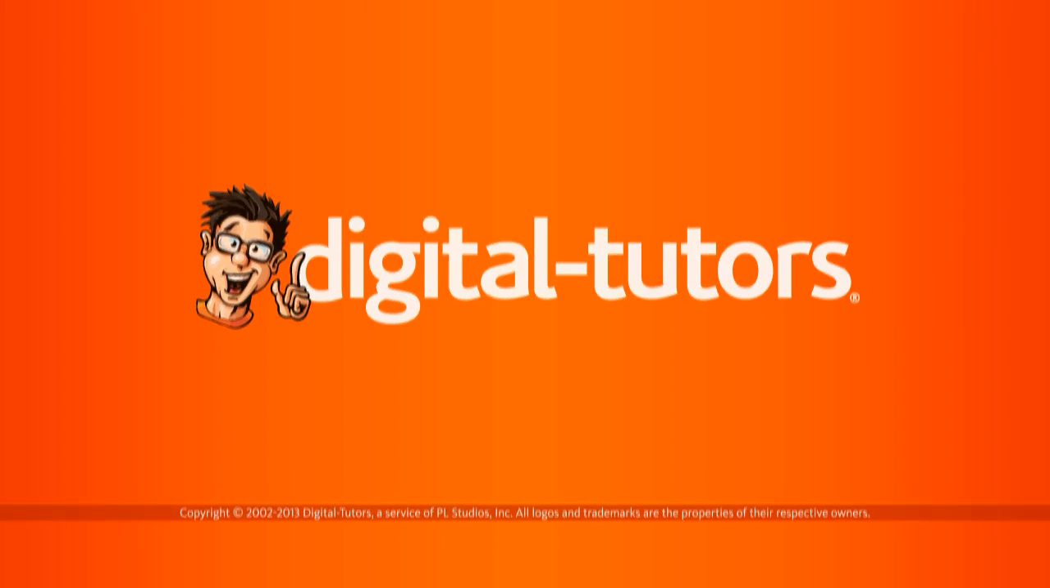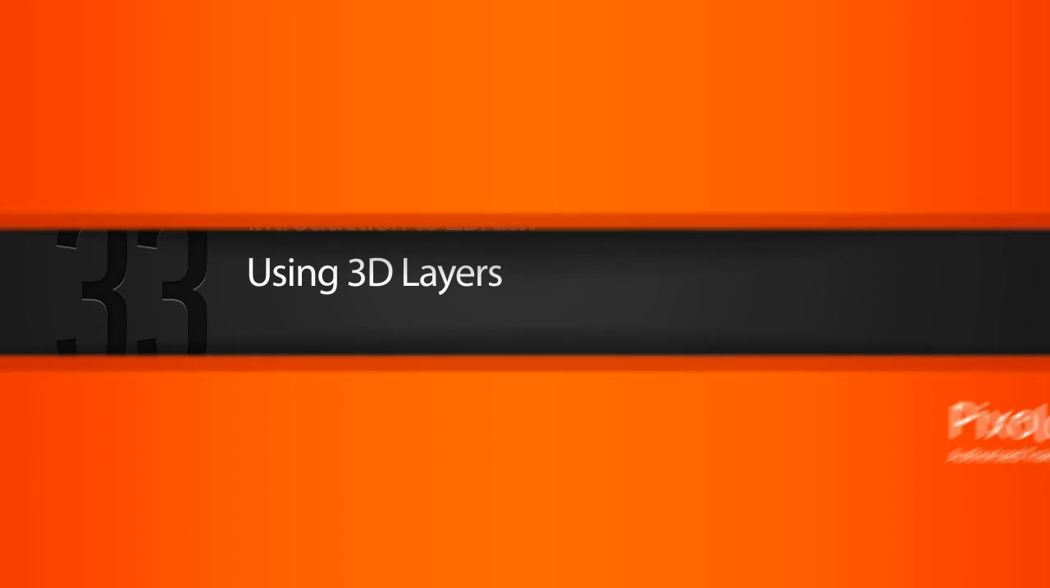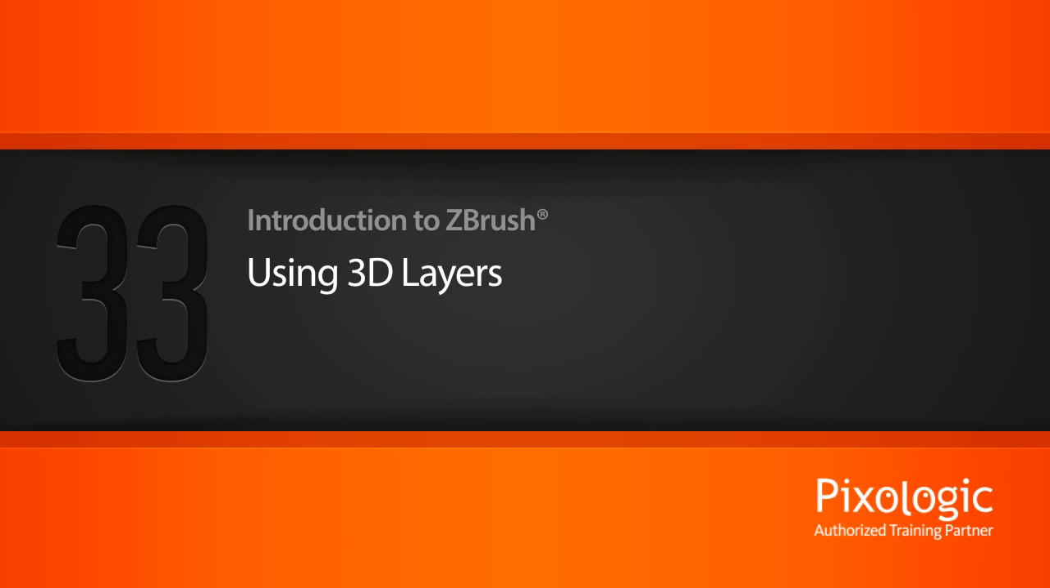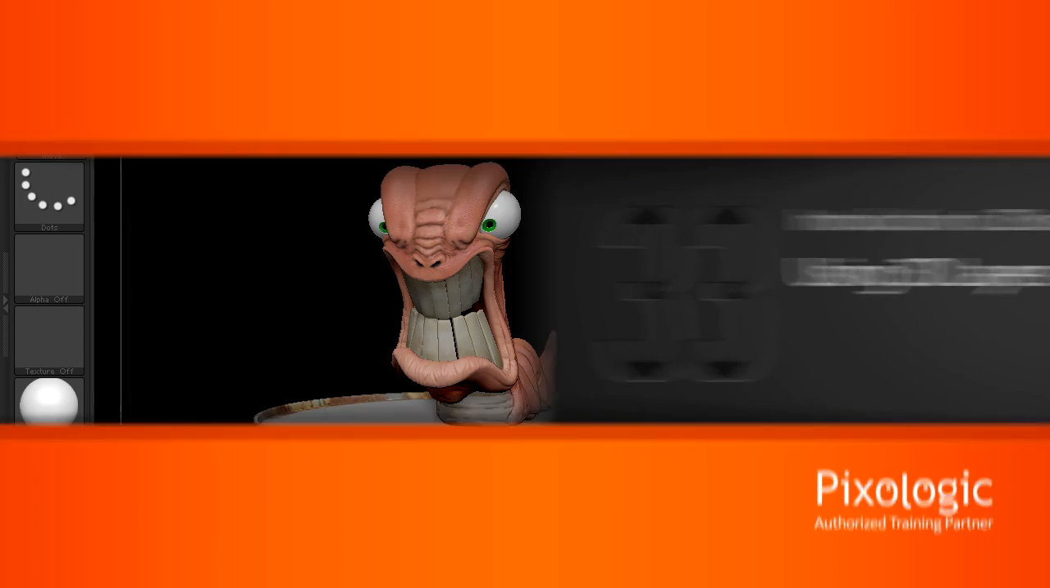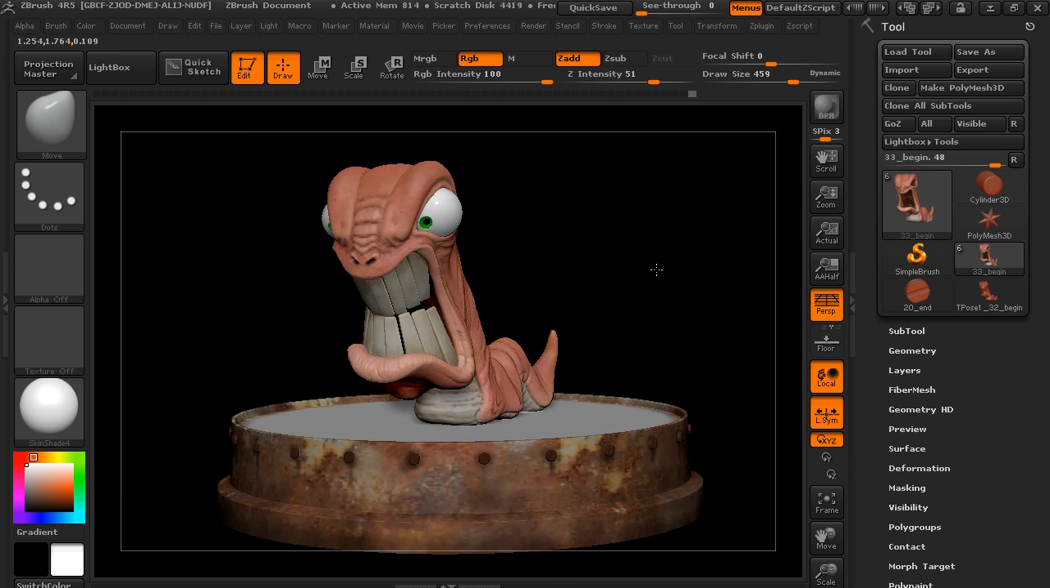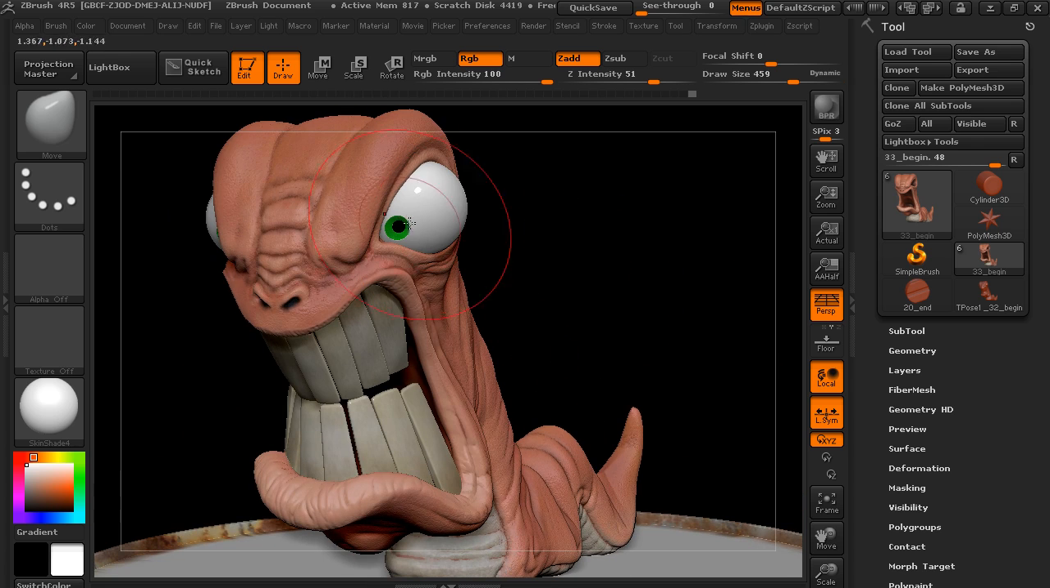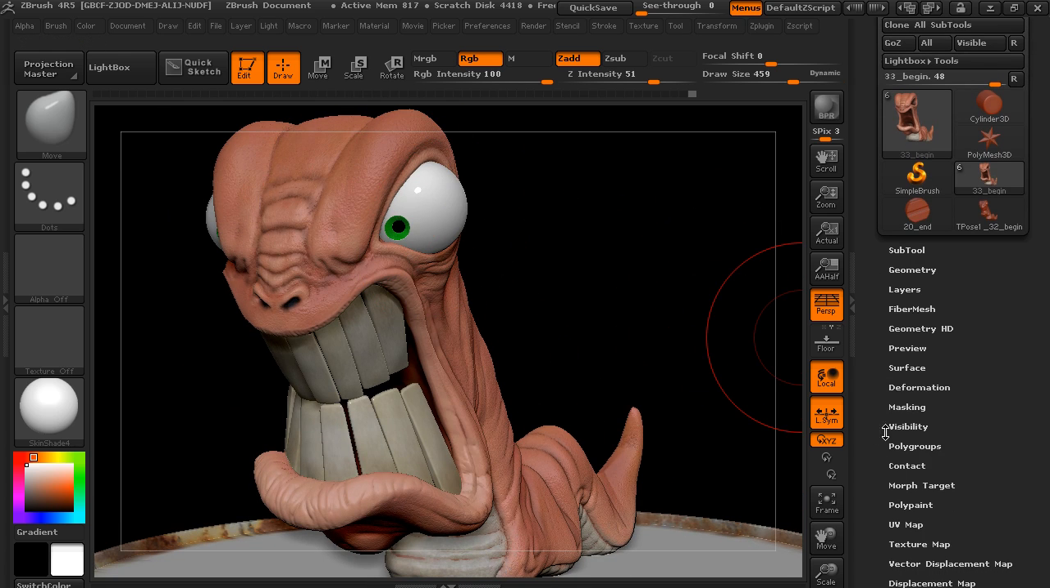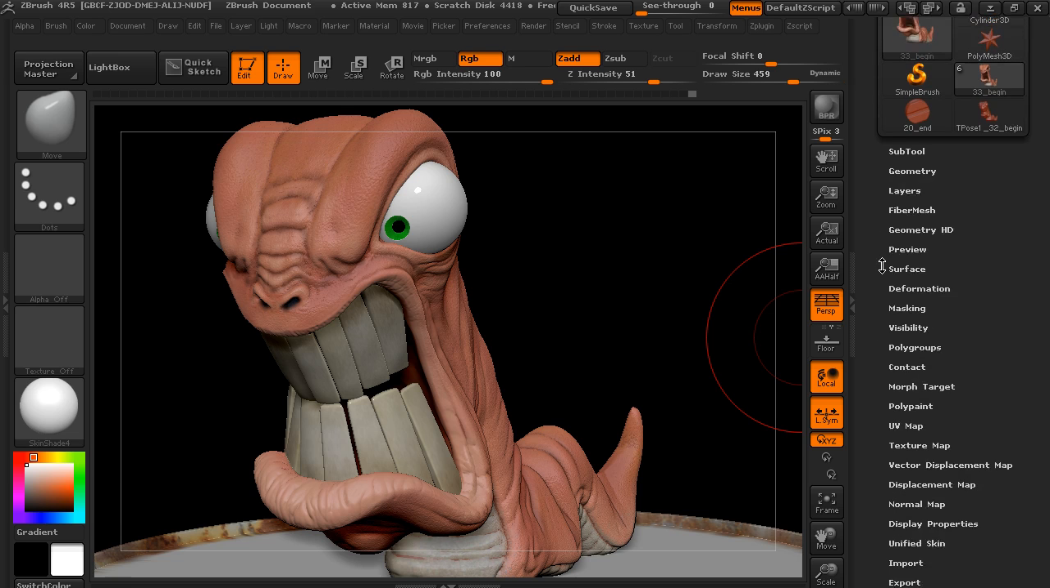In this lesson, we'll talk a little bit more about using 3D layers. So 3D layers will allow us to add detail that we may want to modulate or take off later on. So it's a very flexible tool to work with. So what that means is if we select our subtool and we go down to layers in our tool palette,